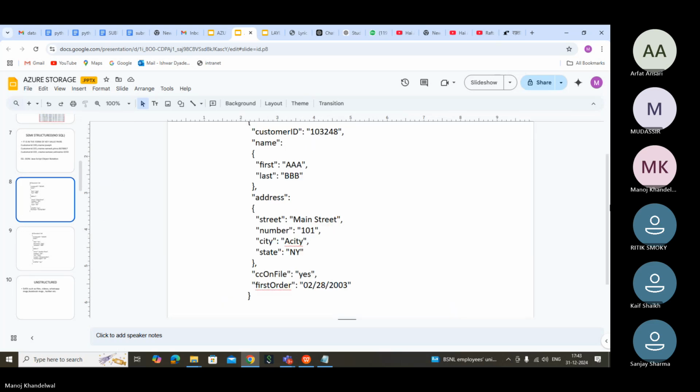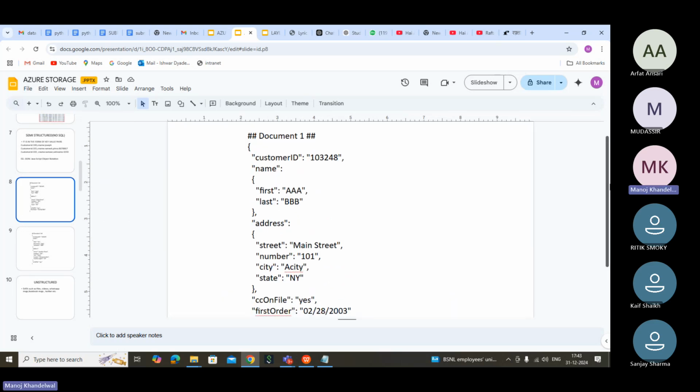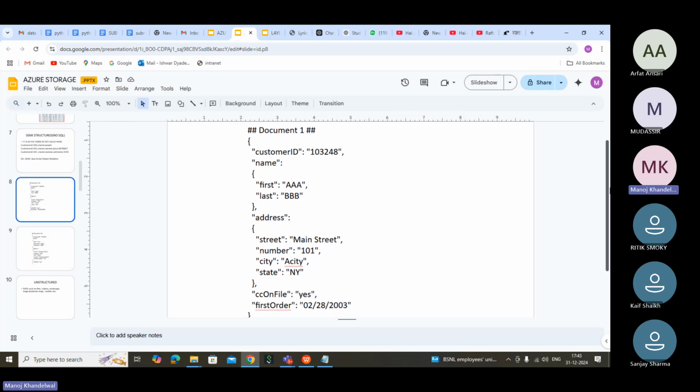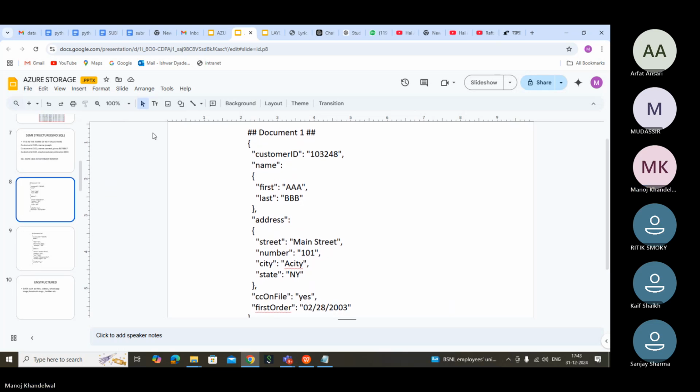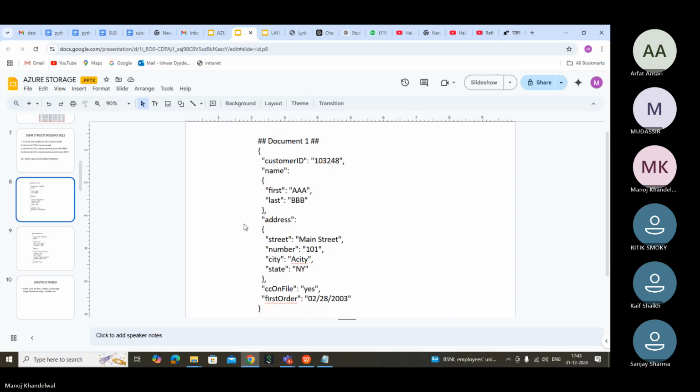Look at this. This is key value pair. In JSON, each record is called a document. When you talk about JSON, each record is like one document. Each record means what? One page? This whole line, like this is the record for a customer. So document, record. A record is the complete details of a customer, for example. So, right.